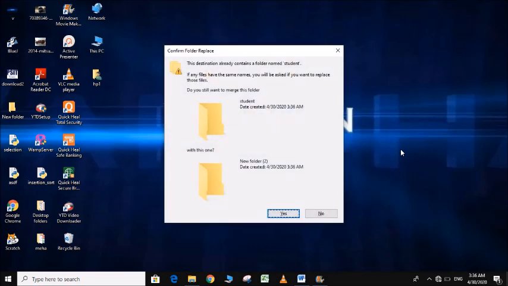You can see that it is not possible in Windows because Windows is case insensitive. Whether you write a name in uppercase or lowercase, it will treat it as one. But it is possible in the Linux operating system because Linux is case sensitive. That's why they will be treated as different entities.